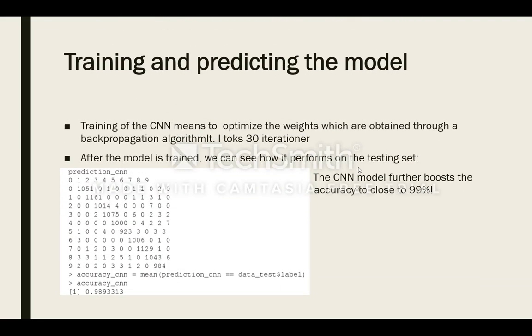After we have trained the model, we have to predict also. When we have trained the model and we test the model, we can run this model as